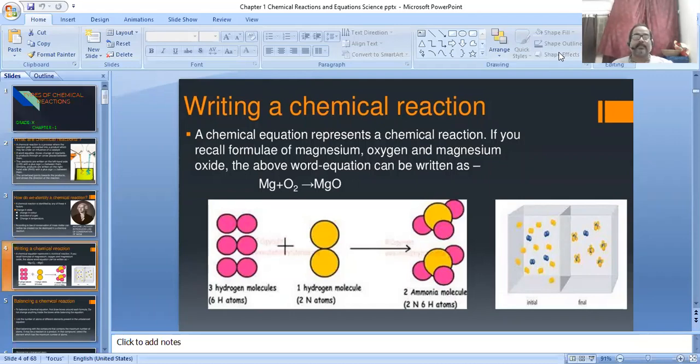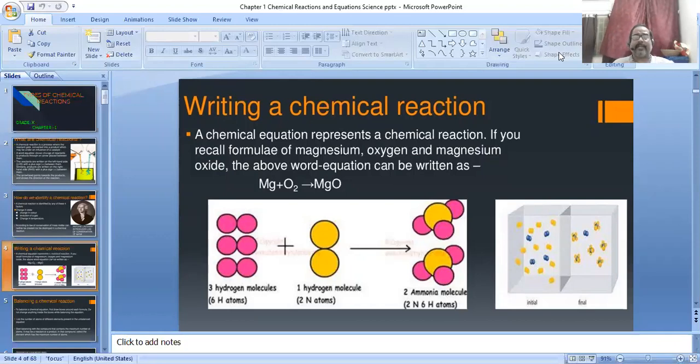And today I discuss a process of writing a chemical reaction. Last day I also discussed chemical equation, chemical reaction, reactant, product, everything. So in any type of reaction, before the reaction the substances that participate are called reactants, and after that, products. When we represent these elements, atoms or molecules with the help of signs or symbols, it is called a chemical equation.